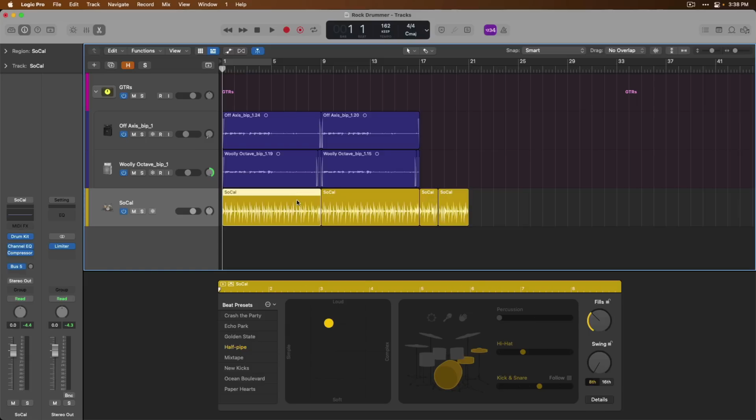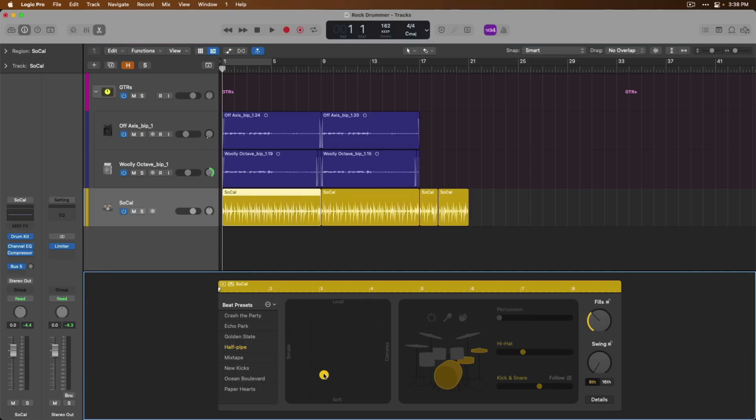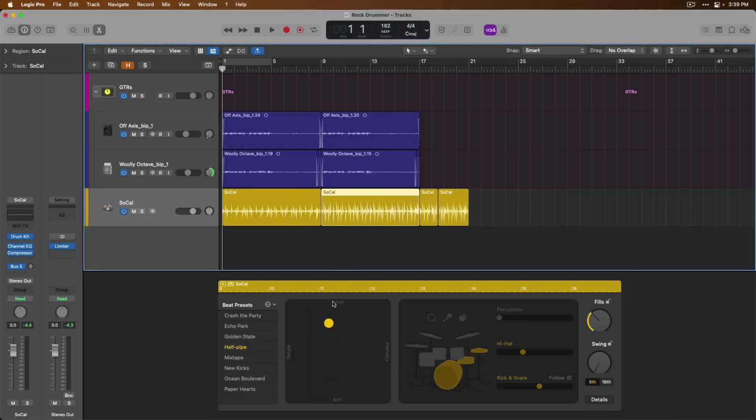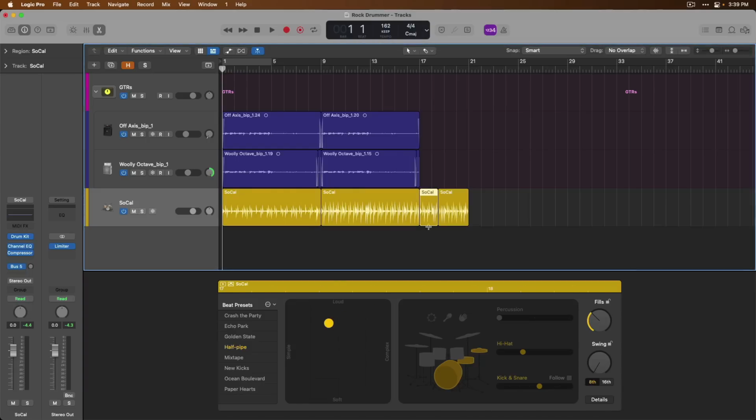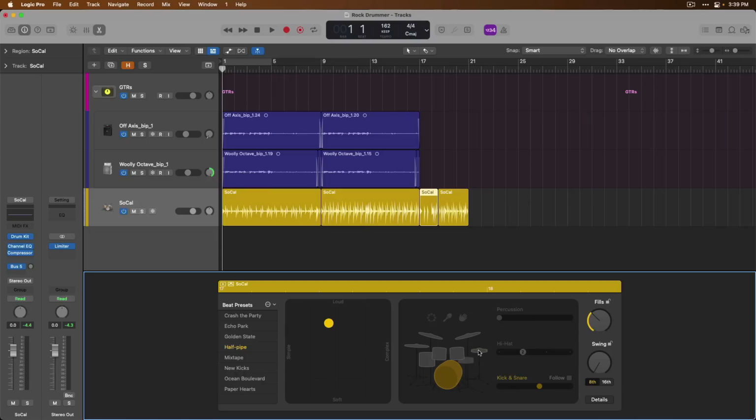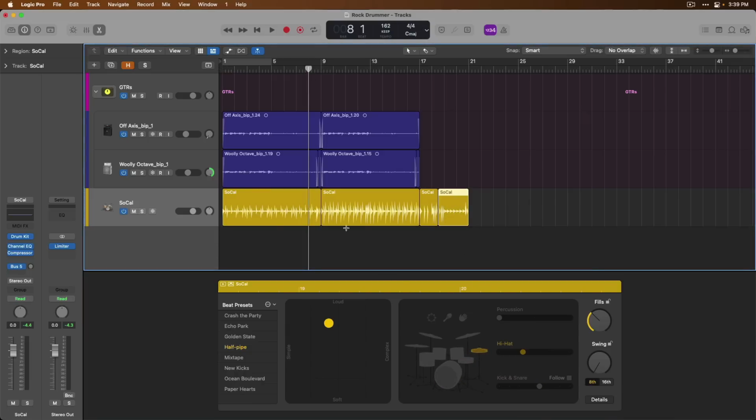If we click on each region and start to make adjustments using, in this case, the XY pad, I could set this region to a simple and soft performance. We could set the second region to a more loud and complicated beat. The third region, we could get rid of the snare and hi-hat, so on and so forth. If we listen to this transition from the first region to the second,